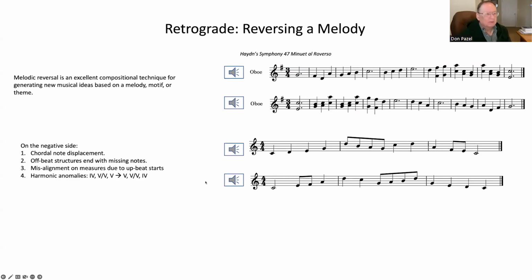And I'll quickly end with retrograde. Retrograde is turning your melody backwards. There's a very famous piece of classical music that actually did do that, but I won't belabor this. This is an original melody.